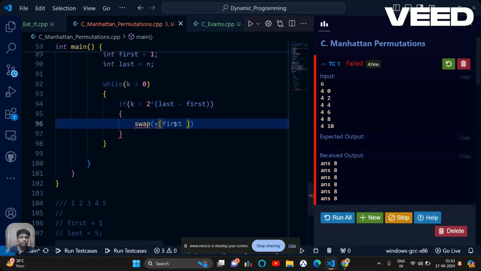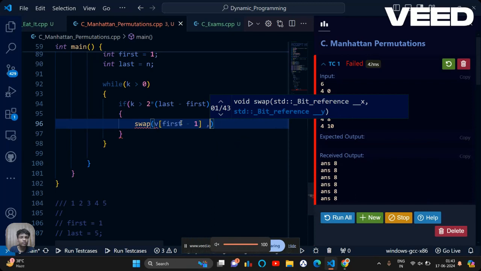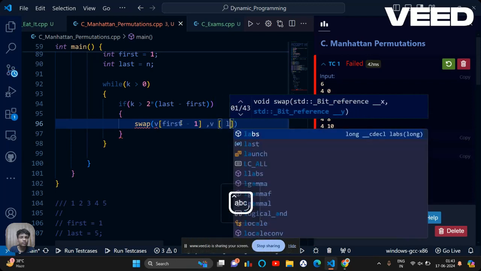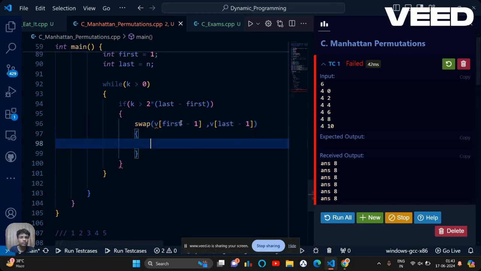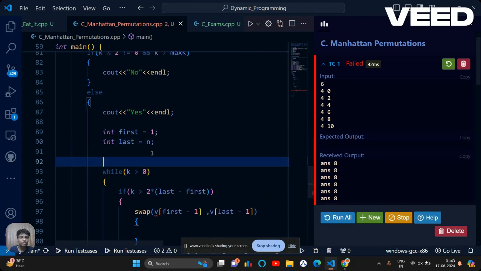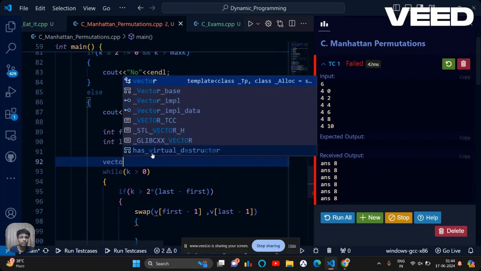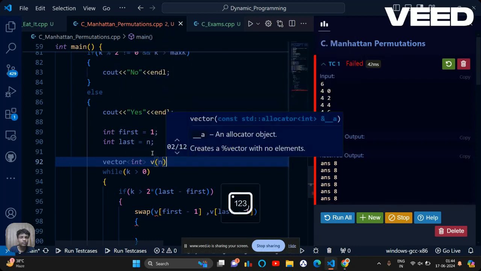So first of all, what I'm doing is I'm swapping first and last. Before swapping, what I need to do is I need to have a vector that will store all my permutations.